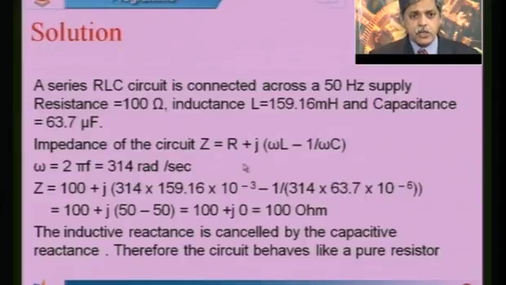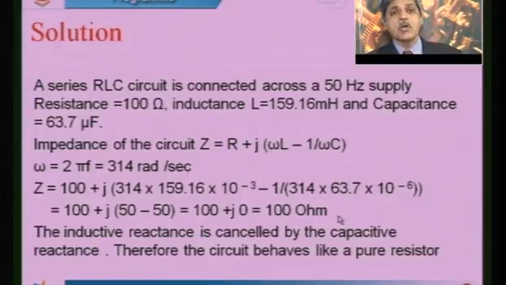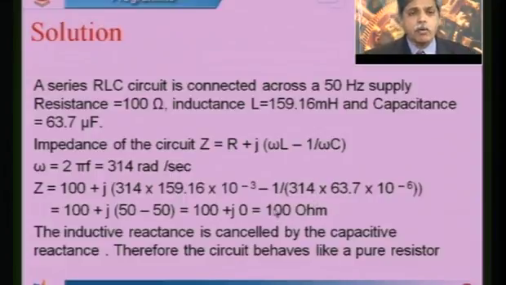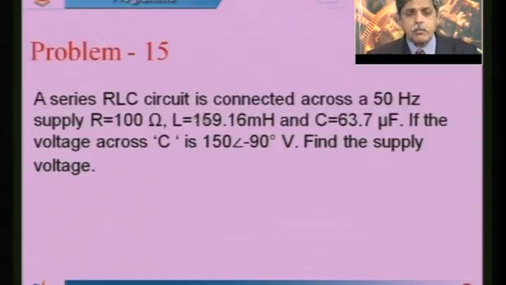So I take the impedance here, the total impedance, but the total impedance is not necessary here, or else this problem can also be done like this. This is a simpler way of doing the problem compared to the procedure I told you, because I am just converting the inductance to inductive reactance and capacitance to capacitive reactance. If you see the circuit here, in this problem statement, I know the inductance value and the capacitance value, so this can be converted to inductive reactance, this to capacitive reactance, and the combination of all three will give you the impedance.